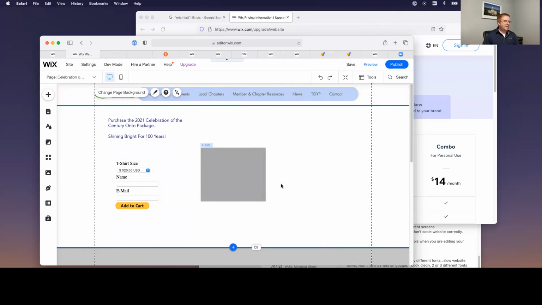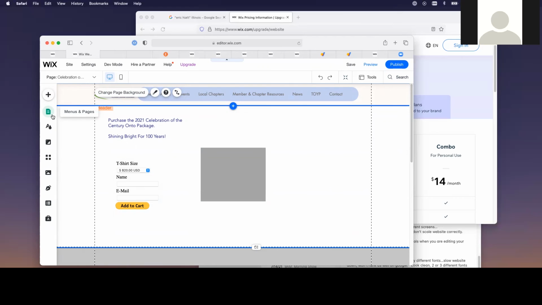You can do the same thing with Square and whatnot. So for me to learn that, I just had to Google it to figure out how to do it. So you're able to embed different things from different sources onto your site. And it's not using the Wix payment processing. You can use your own payment processing. Can you create a